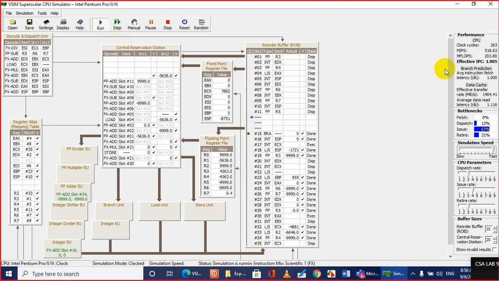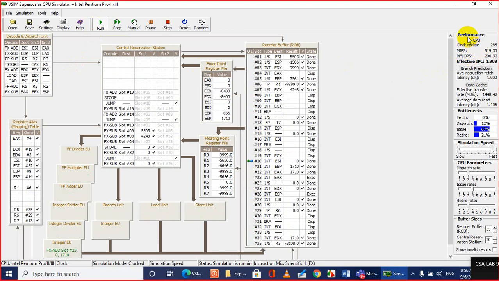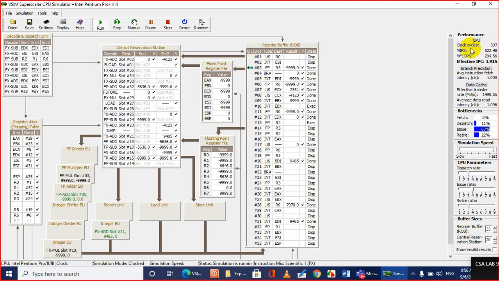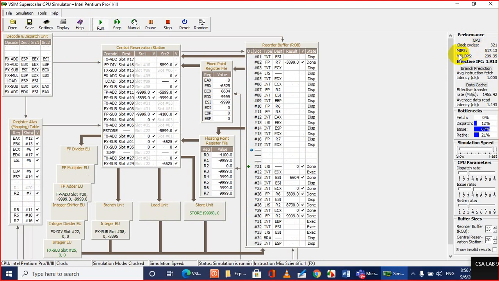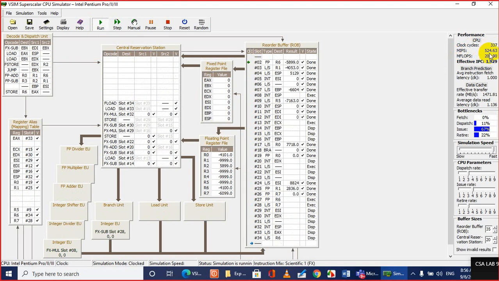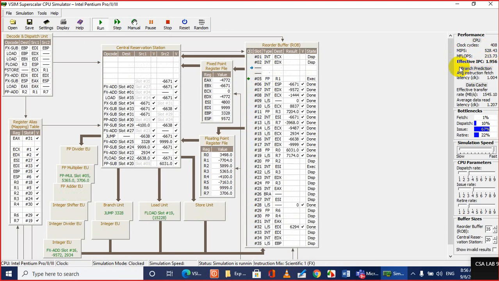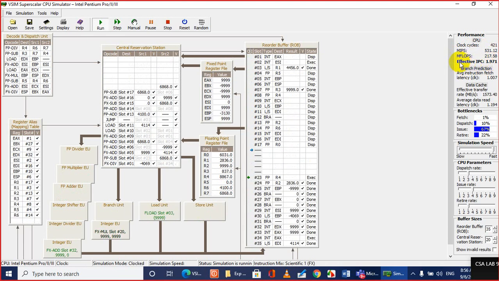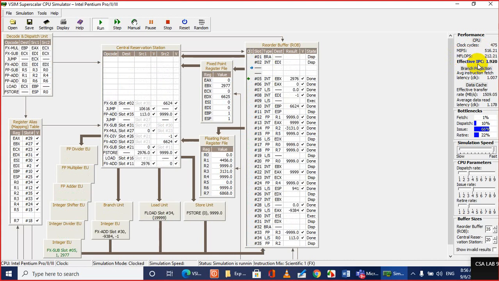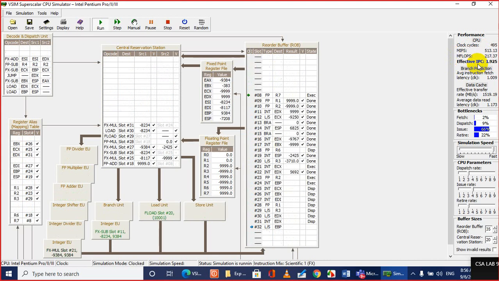If you look at the right side, you can see the performance parameters: clock cycles, MIPS, millions of instructions per second, millions of floating point instructions per second, and this is the effective IPC. This parameter IPC is the main performance parameter that you are going to measure.